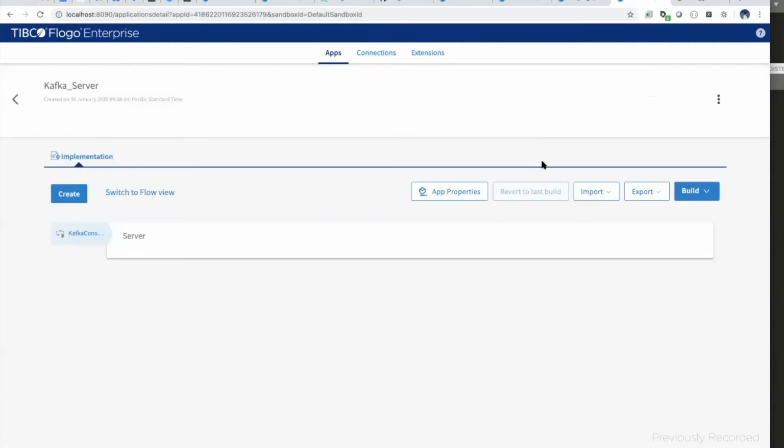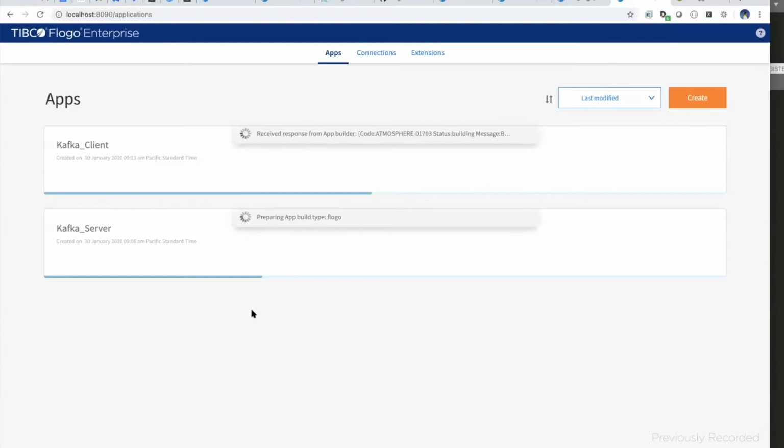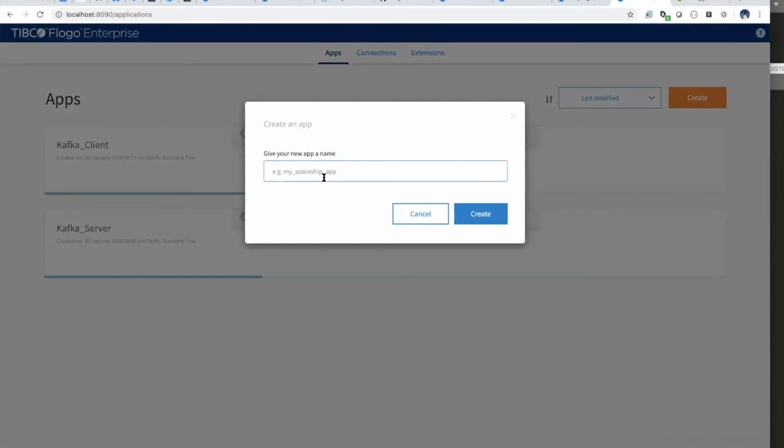That's the client one. Let's wait for them to build. Meanwhile, we can move to the gRPC.